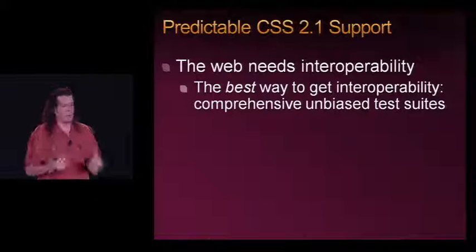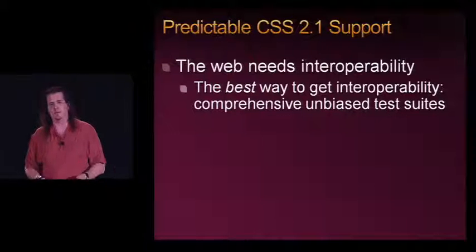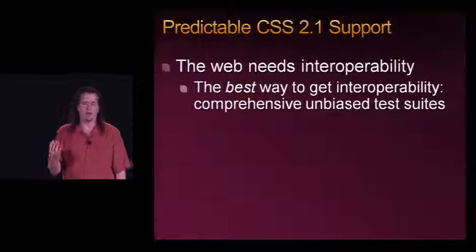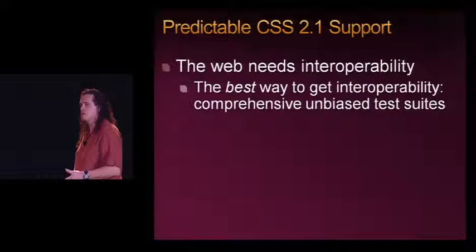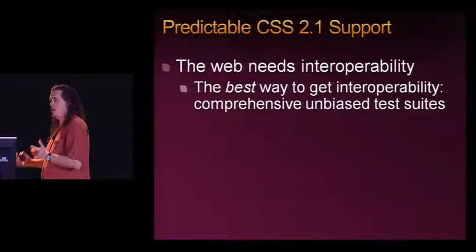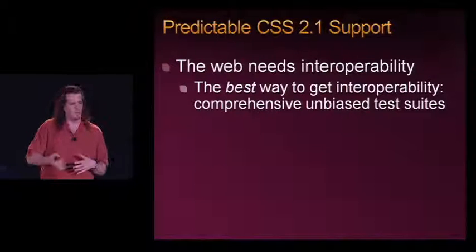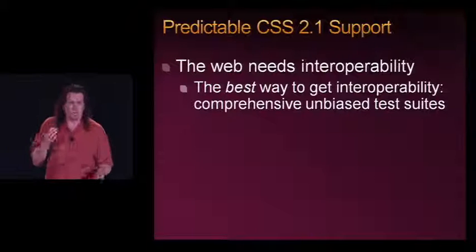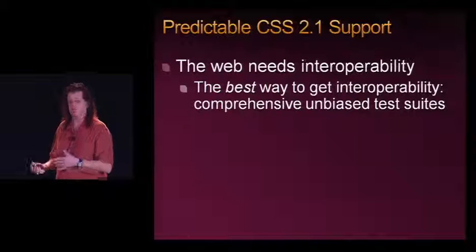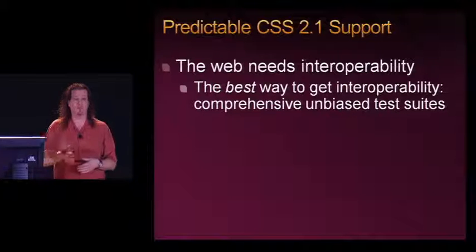The next thing, as we were building this layout engine, we obviously had to test it. We had to build a lot of tests, starting with a copy of the CSS 2.1 spec in hand. With that copy of the spec, we built all these tests, and we realized the best way to get interoperability is with a comprehensive test suite, to actually have a test suite that tries to test everything. So I know, because I was a developer on the team once upon a time, there was a CSS1 test suite. Suite is probably a little bit of an overstatement. It had, I think, 1 test per section, and that test was pretty easy to pass.